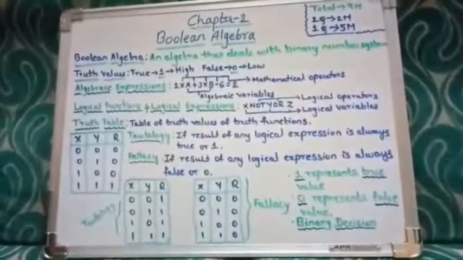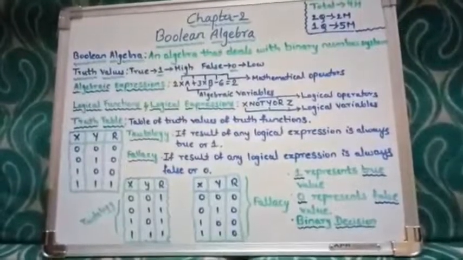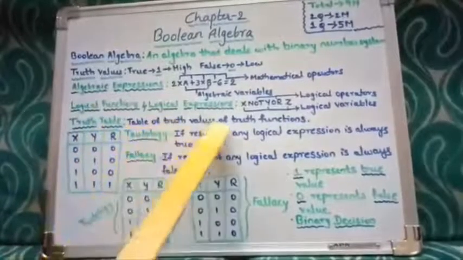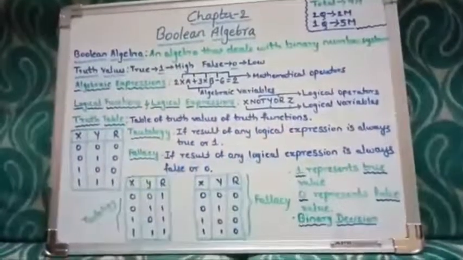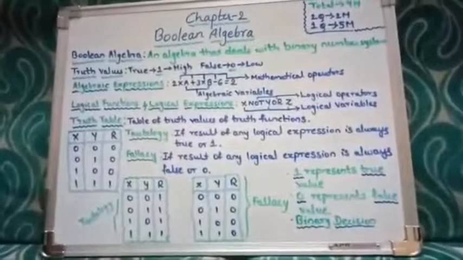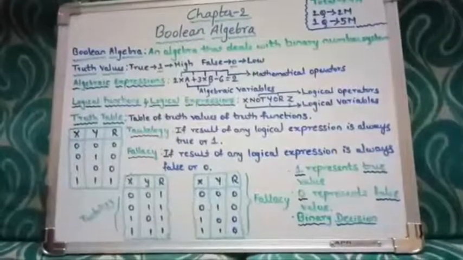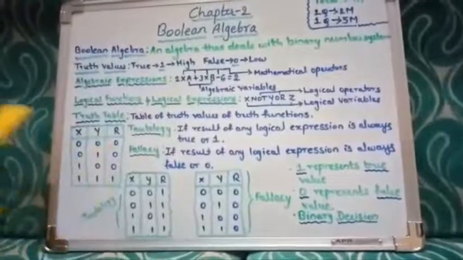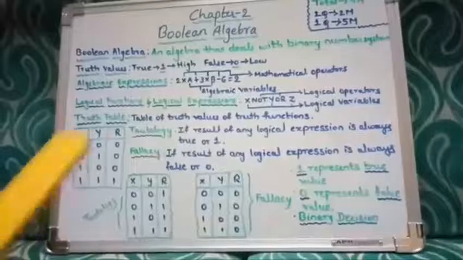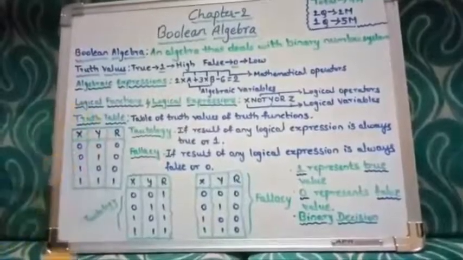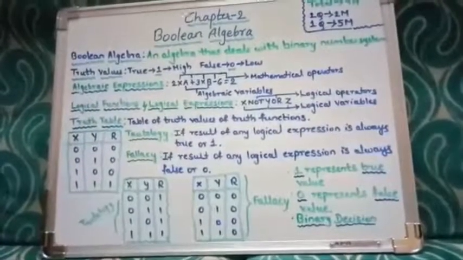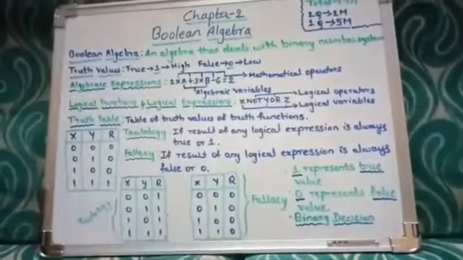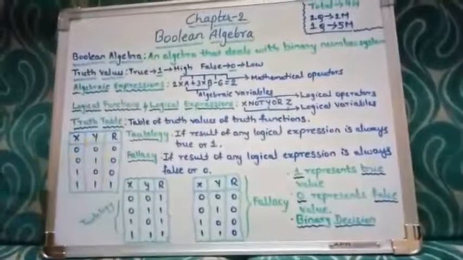Before we start the discussion about the logical operators, let us first understand what a truth table is. Truth table means a table of truth values of truth functions, or a truth table is a table which represents all the possible values of logical variables or statements along with all possible results for the given combination of values. Here this is the best example for a truth table. In this example, x and y are the logical statements, r is the result. Then the truth table can be written as follows.